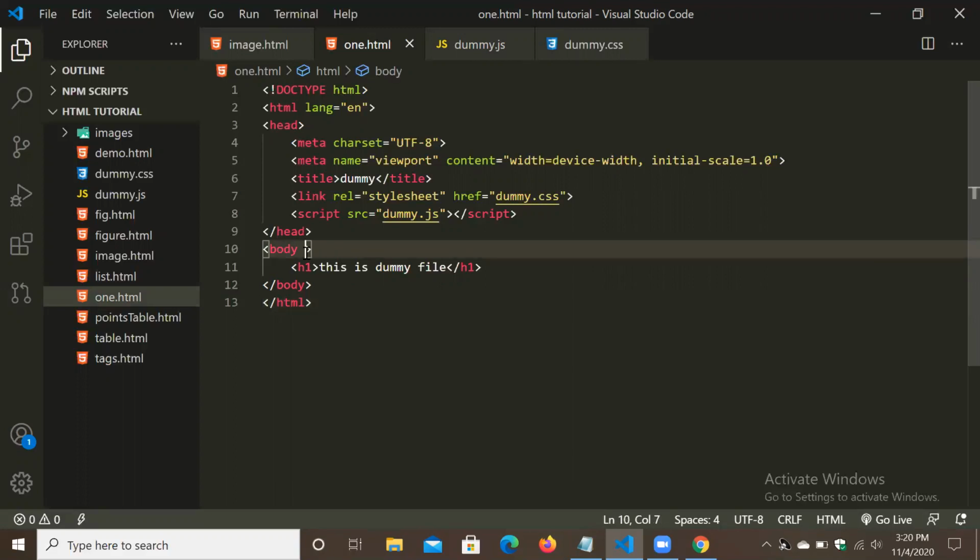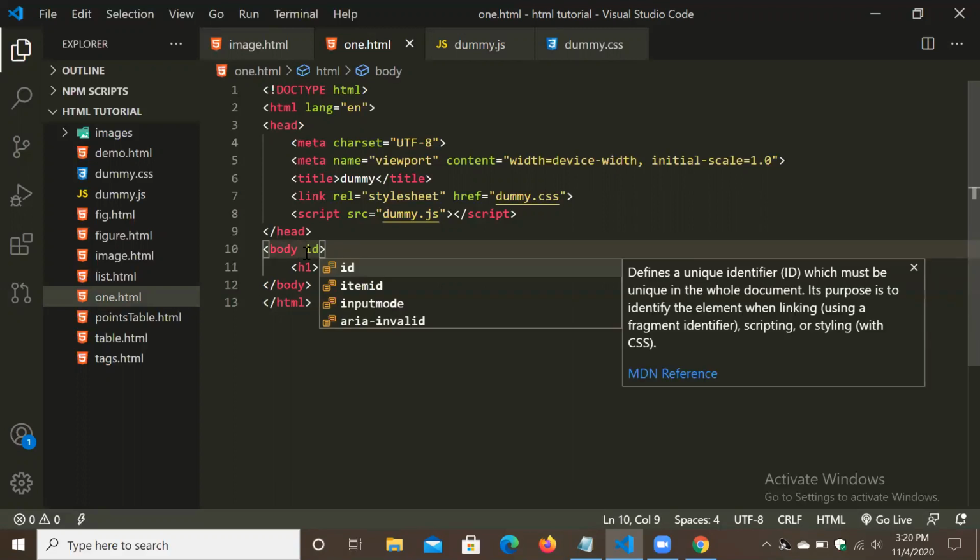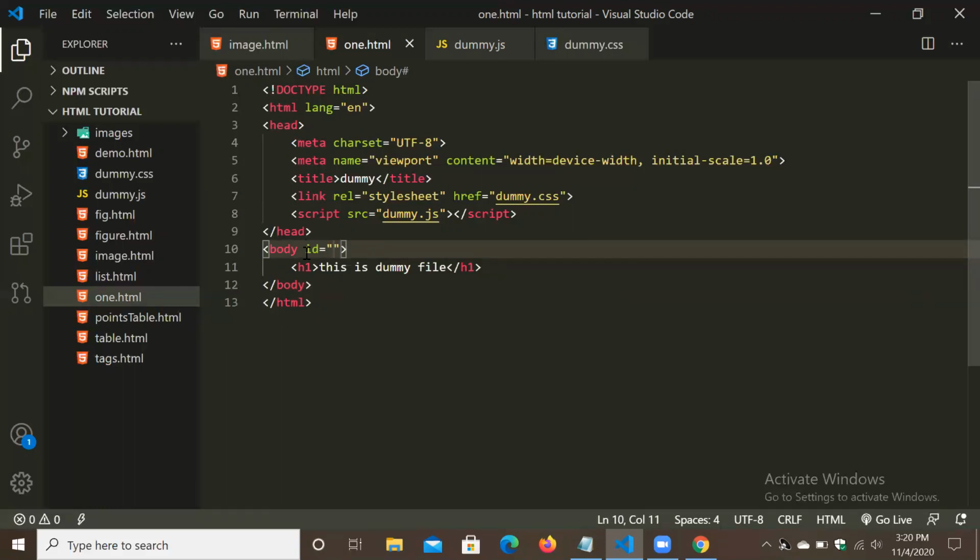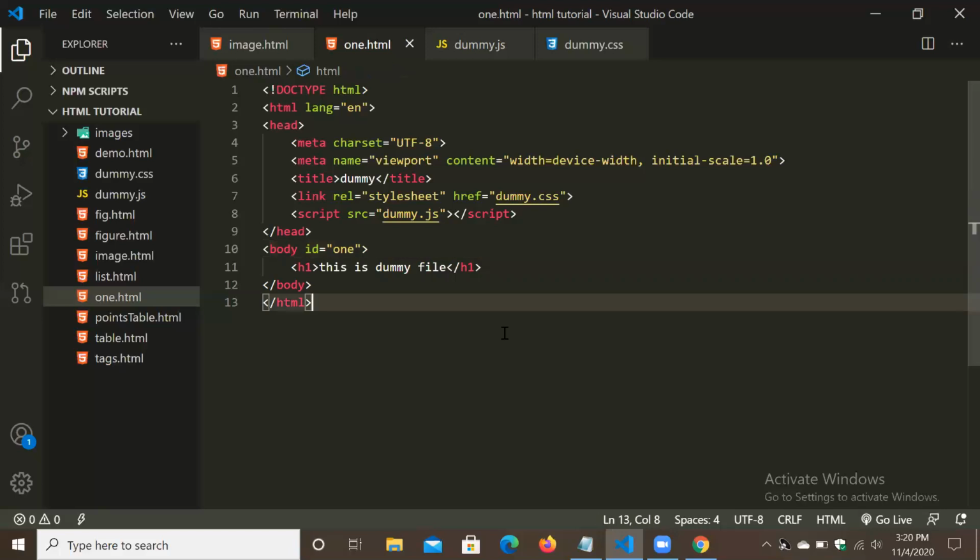For example, we can add one id to our body, id equal to 1. This is known as attributes, meaning the element or thing which we can use with our tag to give additional definition or add additional functionality.